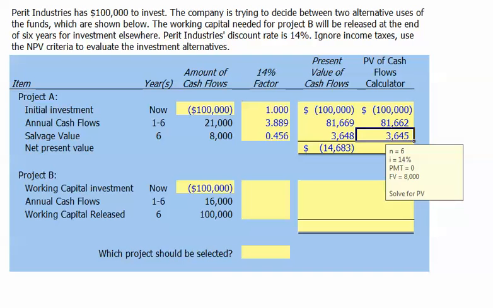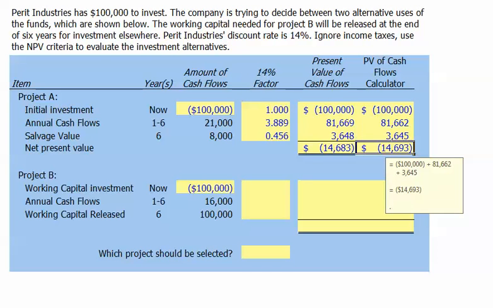For the lump sum or salvage value we get at the end of year 6, we'll enter again 6 for the number of periods, 14 for our interest rate, 0 for our payment, 8,000 for the future value, and solve for the present value, and we get $3,645. Again, there's a difference between these numbers and the amounts we get for our table calculations because the tables have rounded numbers. The net present value then for our project using our financial calculator is negative